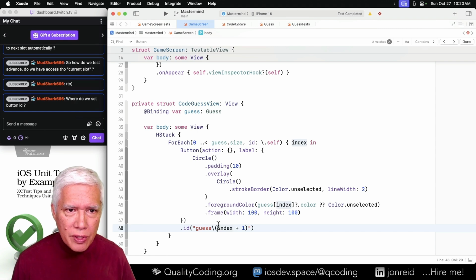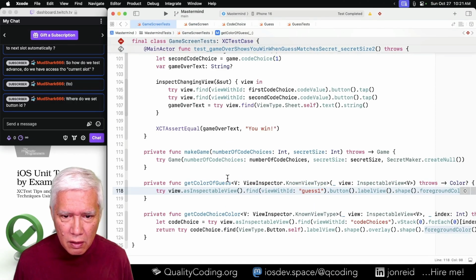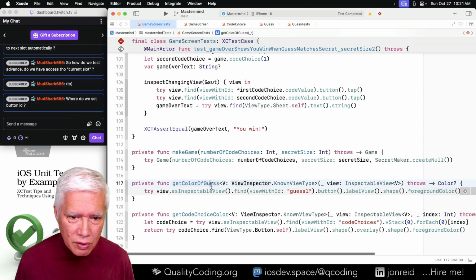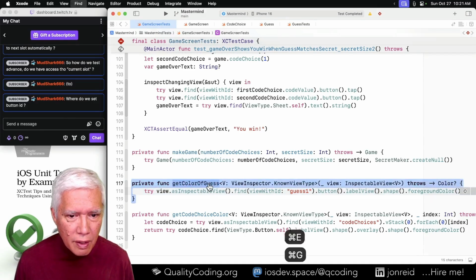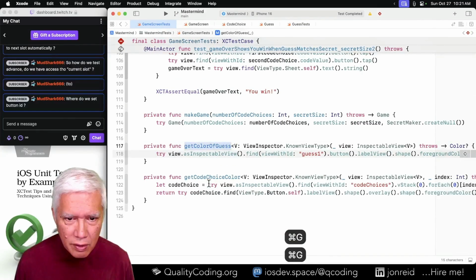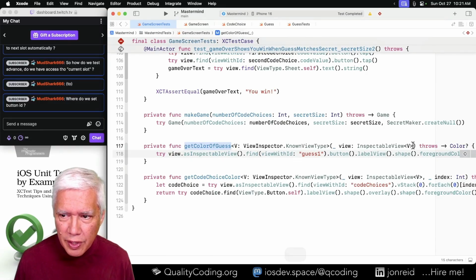All right, let's do some refactoring of the test code so that guess one is not hard-coded. To do that, the easiest thing to do would be to add, how many places is this used? Just two. So let's add the ID.